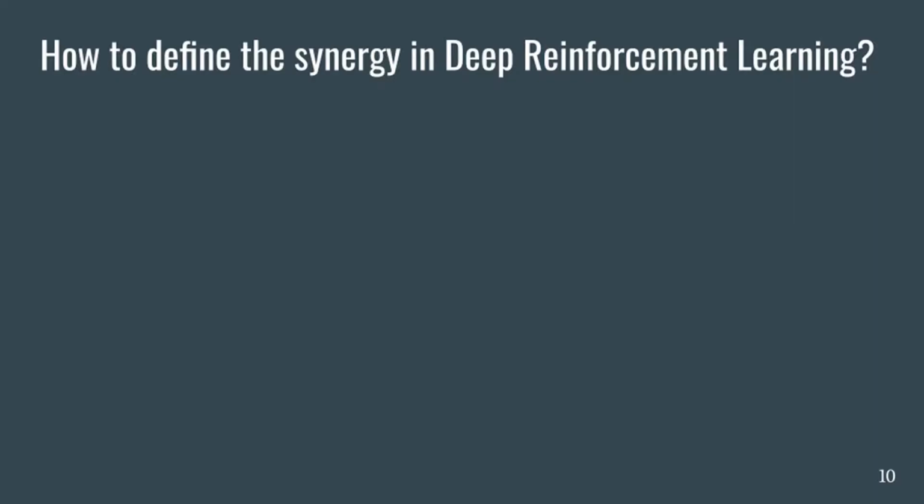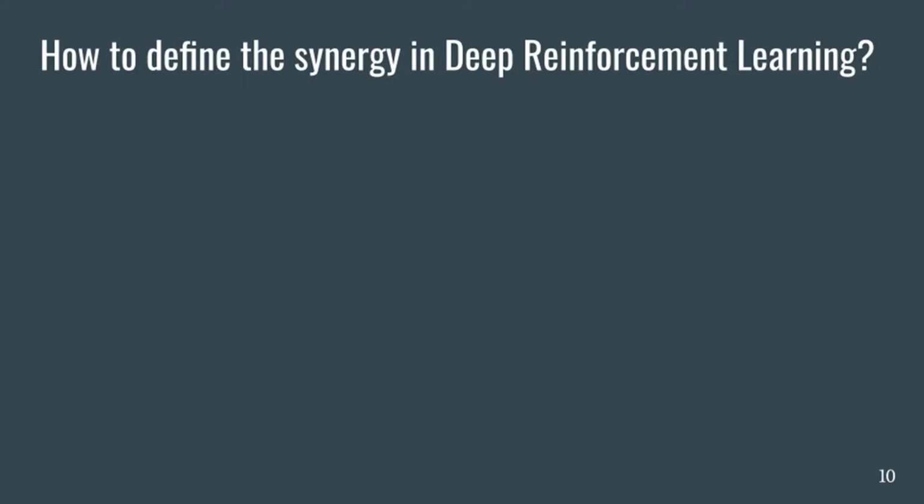As I've explained earlier, the motor synergy concept is a bio-inspired idea that comes from research on human motion control. So we need to adapt this idea to deep reinforcement learning. In order to do that, I'm going to use the same technique as has been done in human motion control research, which is using PCA to extract the synergy. I will explain it in figures, which is clearer to show you how the synergy extraction process is carried out